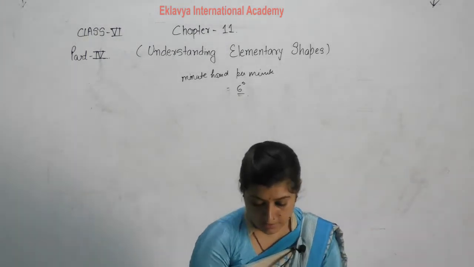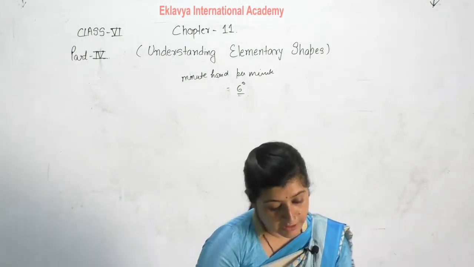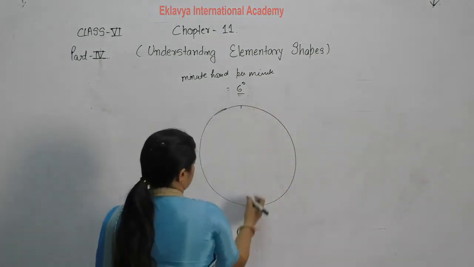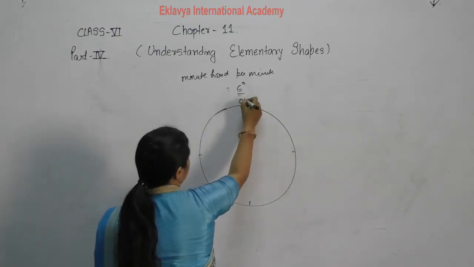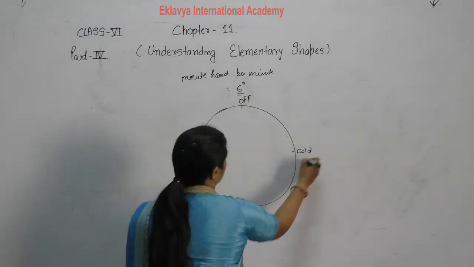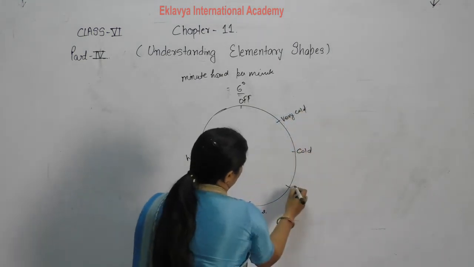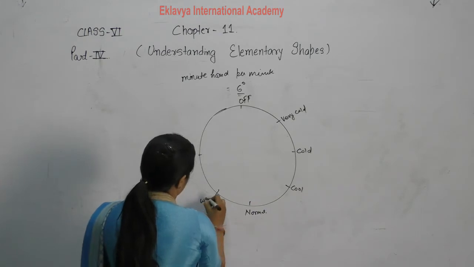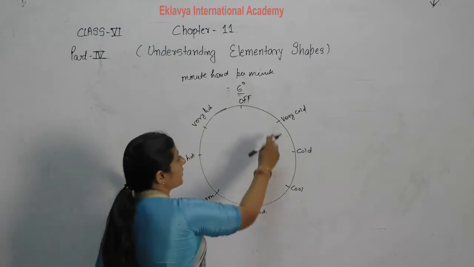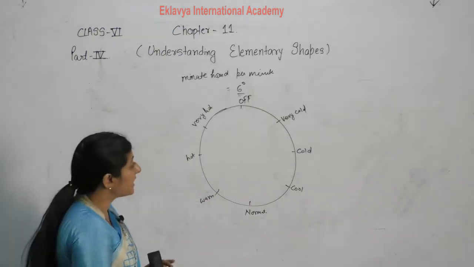Now see next, the third question is the same as the second one. In the fourth question, the markings are as shown. One dial is given to you with parts marked: normal, hot, very cold, cool, warm, very hot. If you see properly, each part is divided into 1, 2, 3, 4, 5, 6, 7, 8. The total circle is divided into 8 parts.